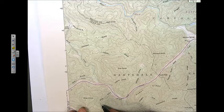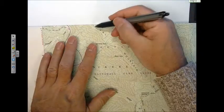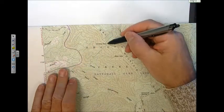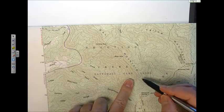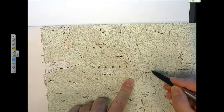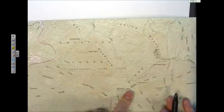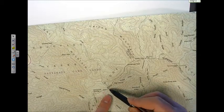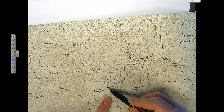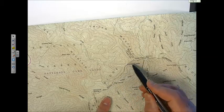There's a trail right here, this dashed trail at Riley Cove, which follows the cove itself. It goes on down. If we flip it over, we can see it continues on there. So one of the groups is taking this trail. And if we follow this trail all the way out, it loops around, does this meandering, and ultimately it's going to get close. It does a lot of stuff, but it goes down here, and then you can barely see it, but it connects right here, follows this area right here,